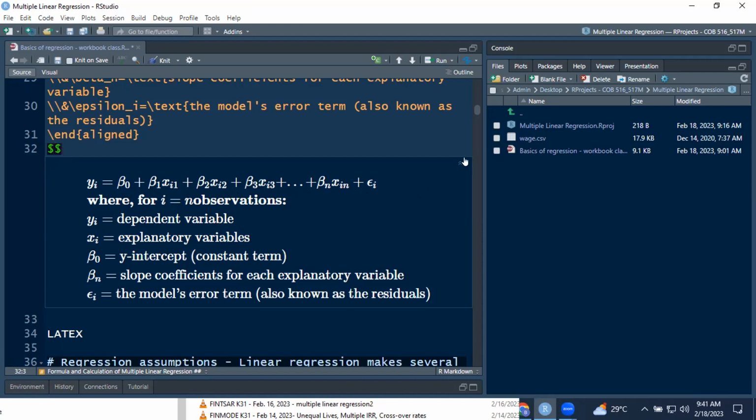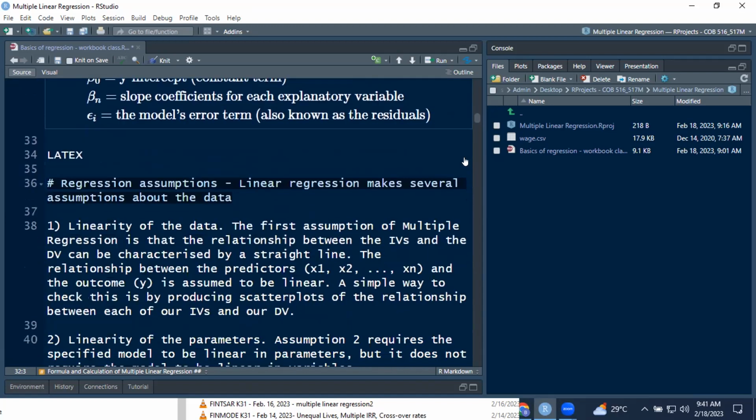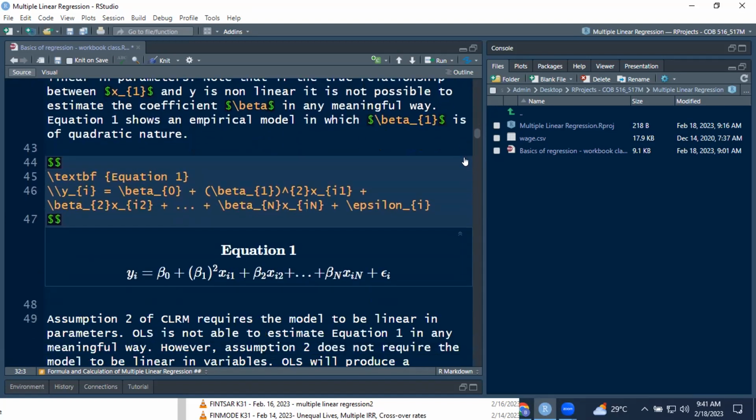Linearity in the parameters. Let me elaborate further. Let's take a look at this one. We have here yi is equal to beta null plus beta 1 squared. You notice that beta 1 here is squared. Or it can be that, let's say, beta 2